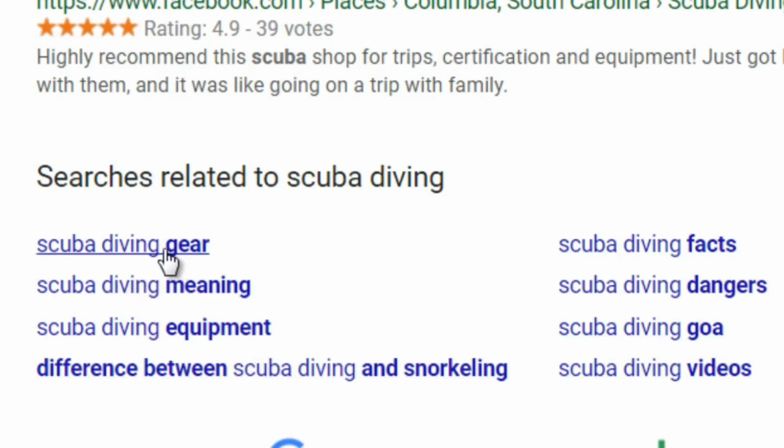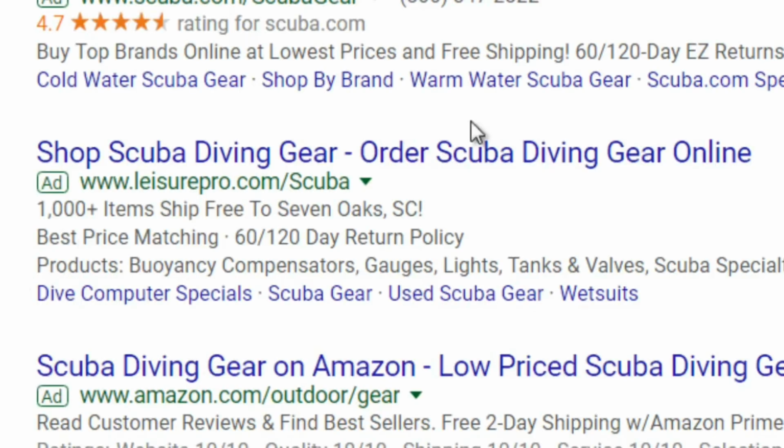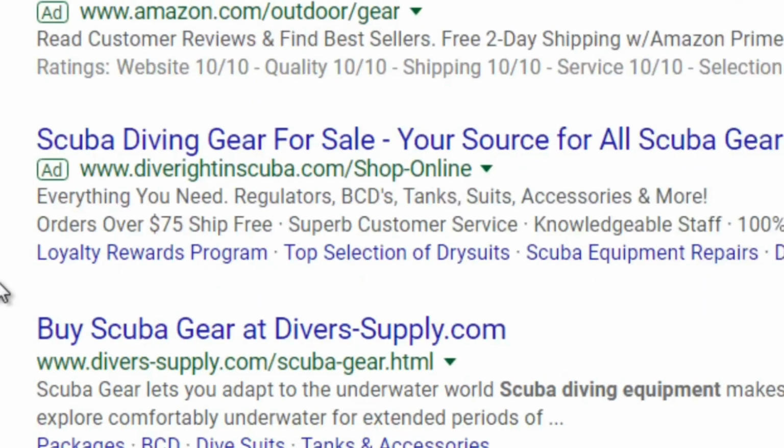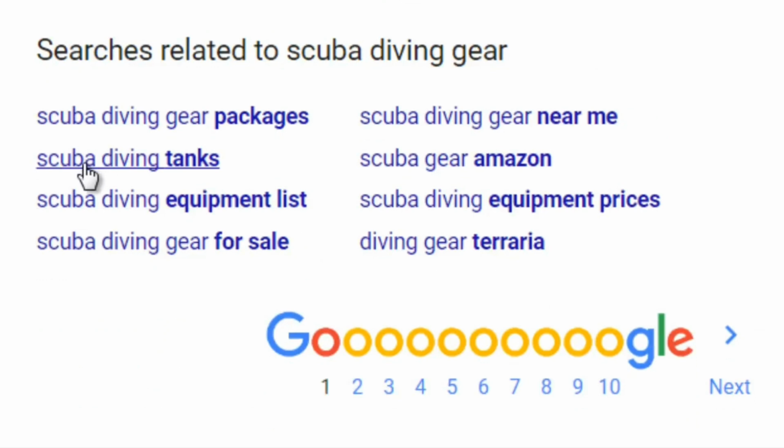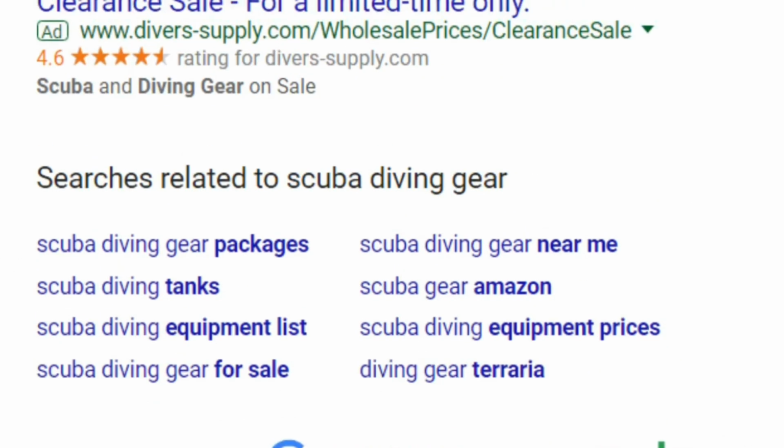So you could even go further and type scuba diving gear and see what you find here. So we can go down to the very bottom again, and these are basically Google suggested keywords. That means that there is a very high demand for these keywords. That means people are searching for these keywords. So you could take these